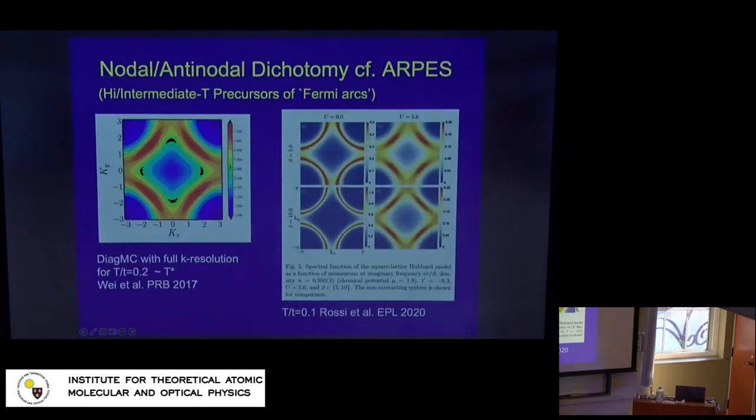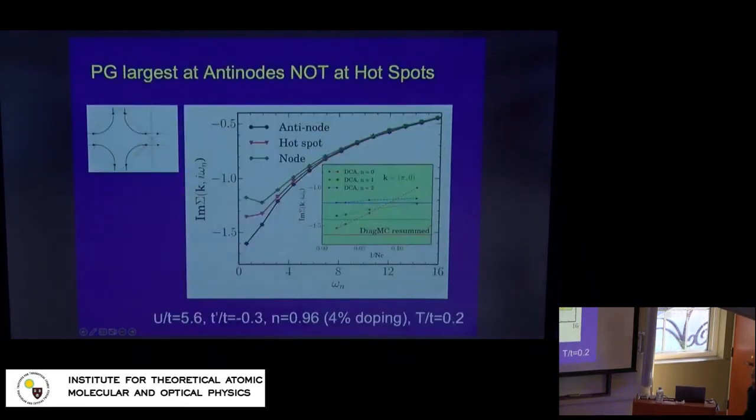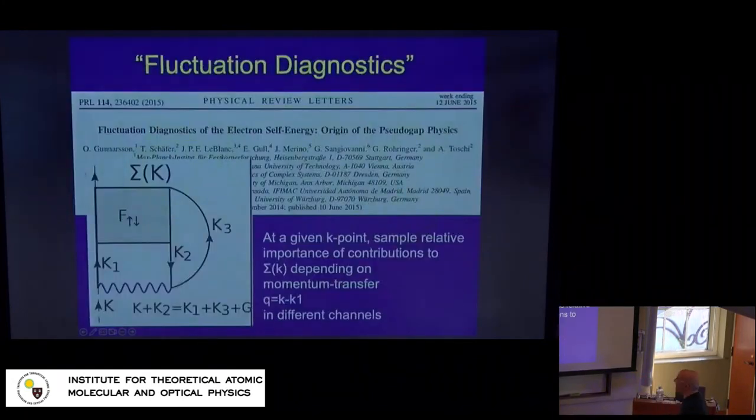When you say intermediate range, sorry, what does it mean? 10 sites, 2 sites? 5 sites, 4 sites is enough. I can show you concrete plots to document. Okay, actually we can apply to all these calculations what's called a fluctuation diagnostics, which is basically being a surgeon of the self-energy, you know, doing surgery on the self-energy and looking at it in various channels and so on.